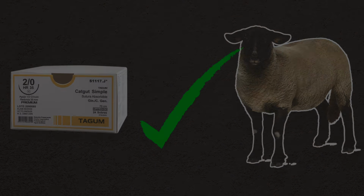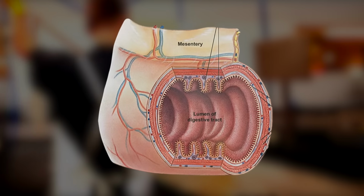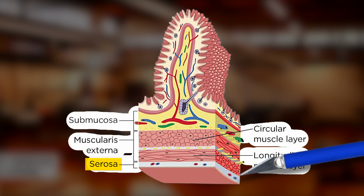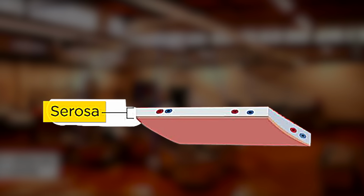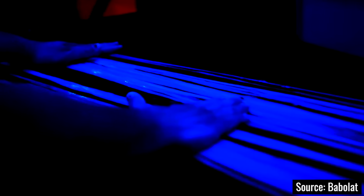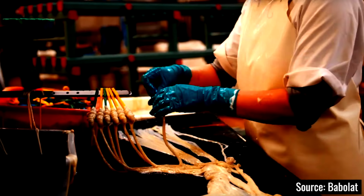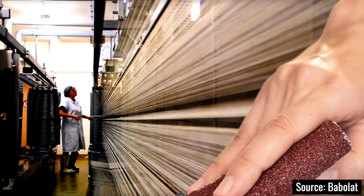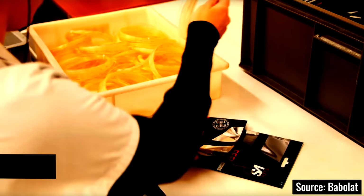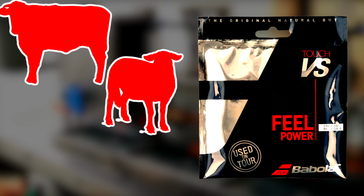Here's how it works. Upon receipt of processed animal intestines, the manufacturing facility will separate a fibrous protein called serosa, the thin membrane that covers the intestinal wall, from the surrounding muscle. This serosa byproduct carries the tremendous strength and elasticity features needed for optimal tennis string performance. Once disinfected, cleaned, and prepared, the serosa ribbons are bound together on tension racks to begin the carefully controlled drying process. Following a final round of polishing and waxing, the string-like product is packaged within a special humidity and sunlight-controlled wrapper for shipment,